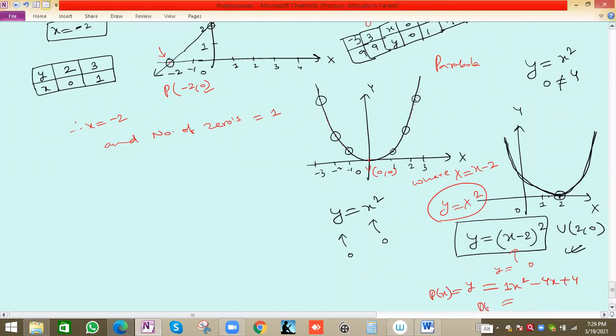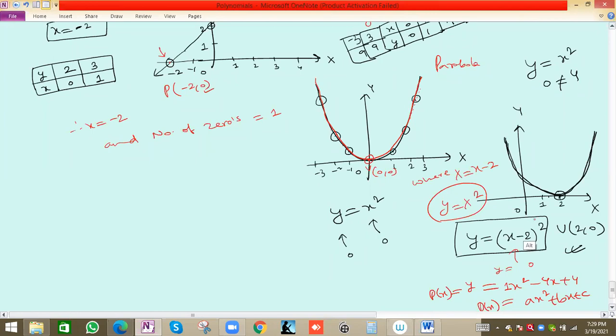If you compare this with our standard equation ax square plus bx plus c, a not equal to 0, fine, no problem, a is 1, so we can say it's opening in the upward direction, right? Just y equals x square is for the first graph, the one which passes through the origin. This is the standard graph passing through the origin, because if we put vertex x value 0, y will be 0.